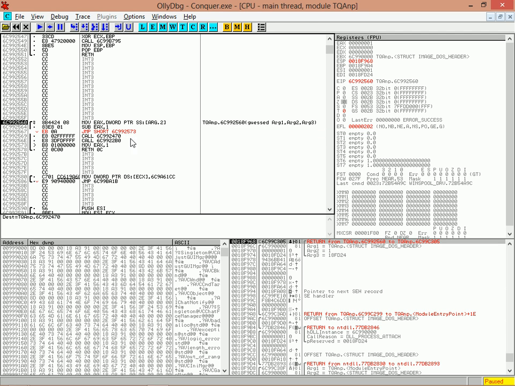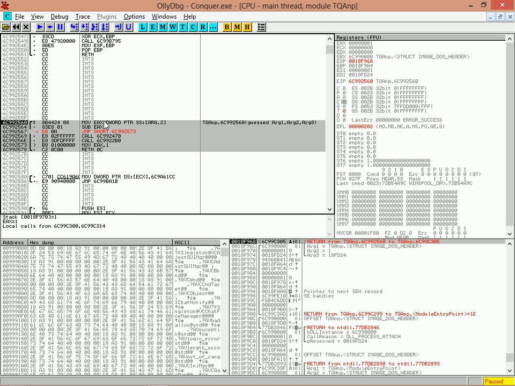That will edit the code, modify it to what we tell it to do, and then we're going to test this program and see if it'll terminate or not. And we do that by simply hitting the play button here, which will continue executing our process normally. So let's click that, or before we click that,